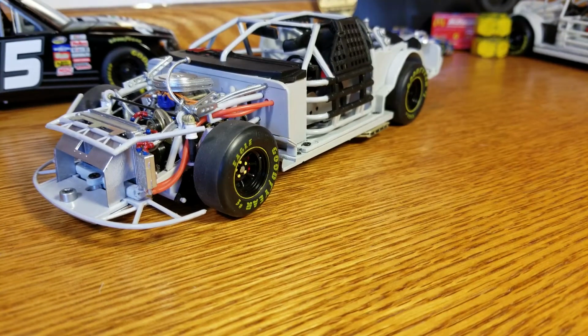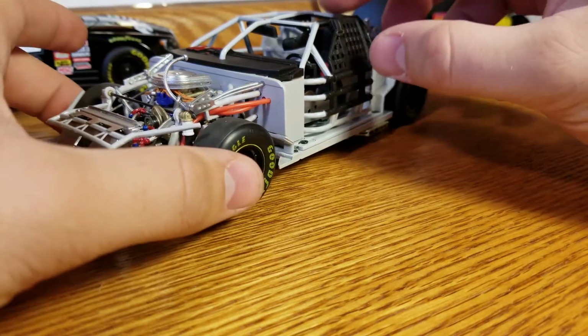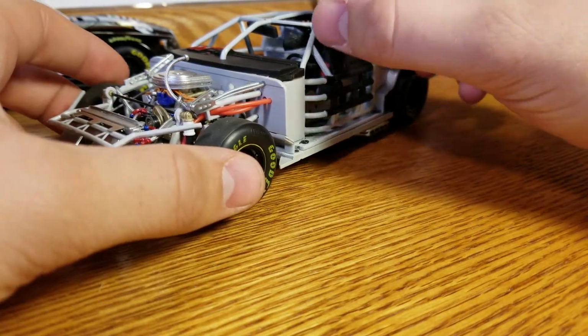This one here is going to be a diecast chassis comparison for the Team Caliber Elite and the Lionel / Action. Action is the one that they bought out to do that. So the Action Elite. As you can see, if you remember from my last video, what was going on, I